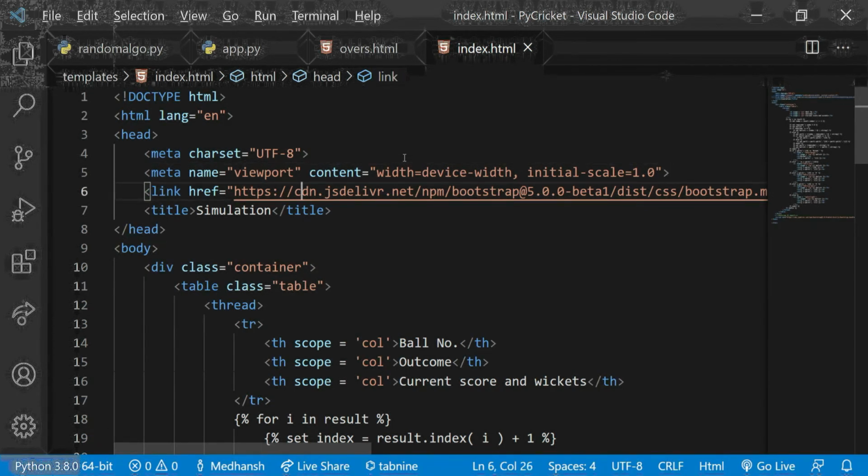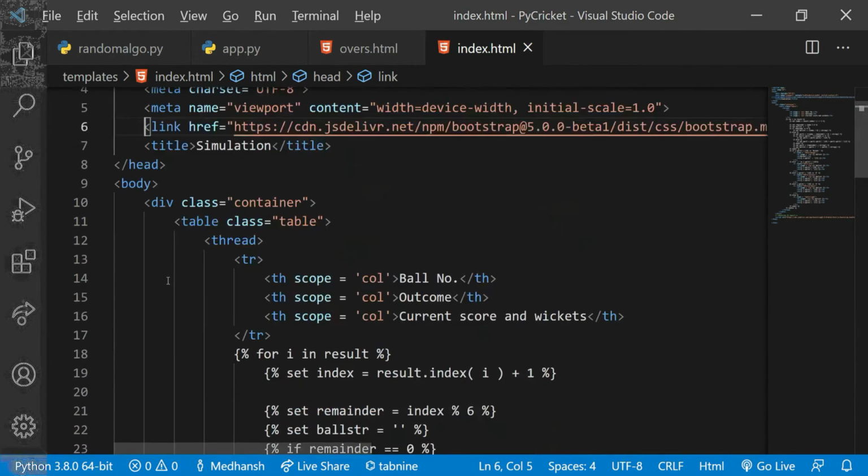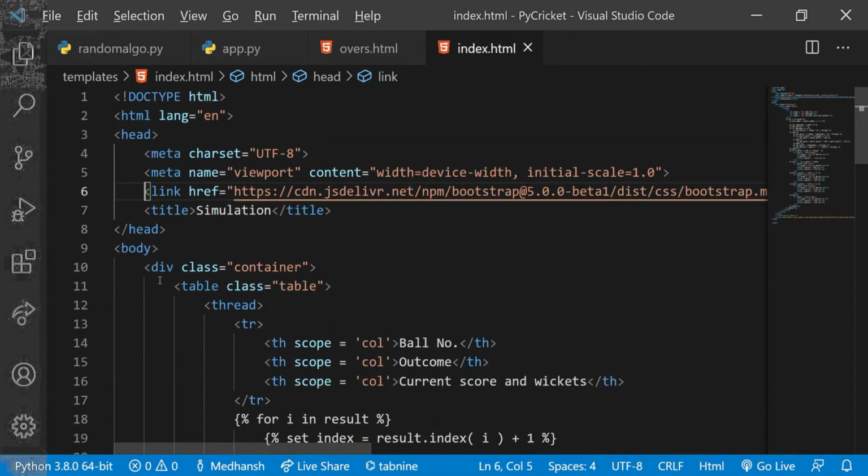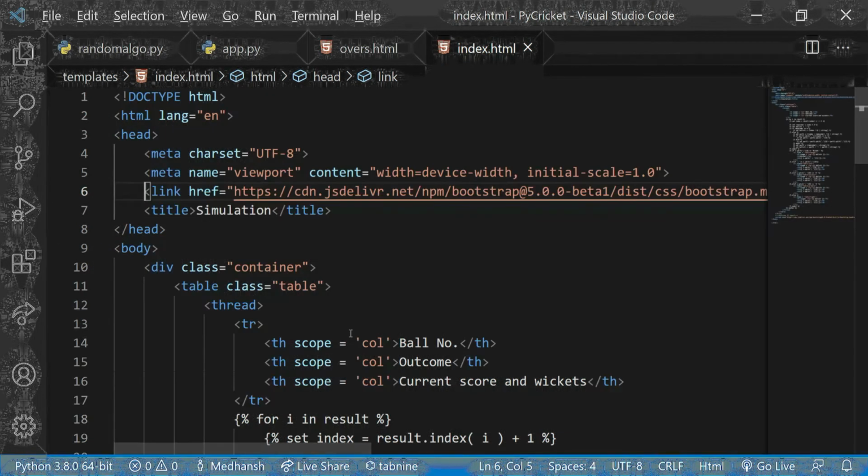You can just use Bootstrap by entering this line over here and one JavaScript line at the end of all the code, and that's it. You can use Bootstrap. It's very easy, which is why I have used Bootstrap. It can make the page responsive as well, so if you're using it on a phone, you'll still be able to see this website properly, which is why I've chosen Bootstrap.